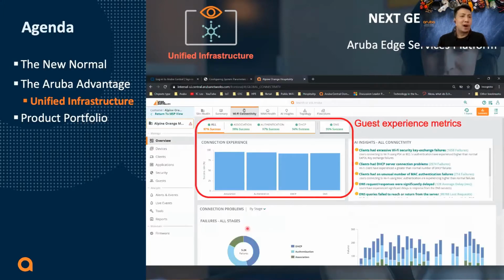Now, this is one feature that a lot of our customers like, because when the guests call in and say, my Wi-Fi is not working, for the IT manager who's troubleshooting that problem, where does he start troubleshooting? Because maybe the software is down that the user tried to access. Maybe the internet is down. Maybe the DNS has